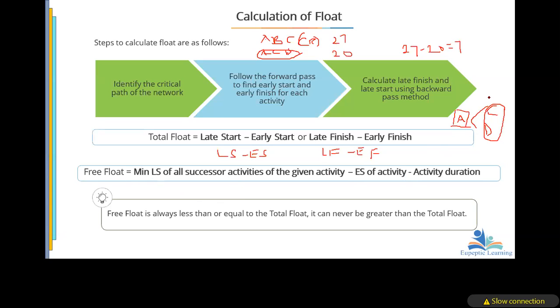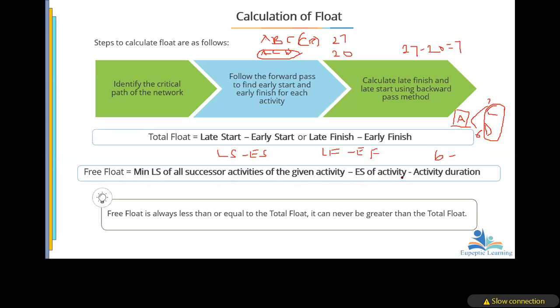Assuming the late start of activity C is 7, the late start of activity D is 6. Then what I'm going to do is put the minimum late start, which is 6, because for the successor activities, the late start for the two of them is 7 and 6, minimum 6, minus